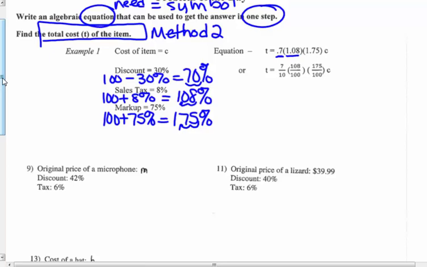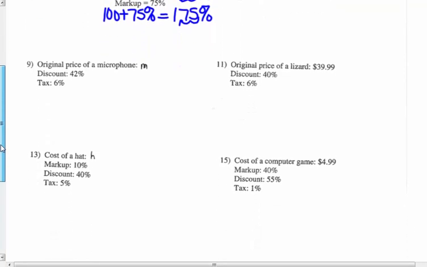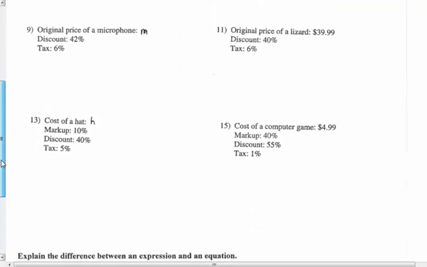You're going to pay tax $8 on that $100, and it was increased to not being $100, but being 175% of that, or $175. So it's increased by a markup, it's increased by a tax, but it's decreased by a discount. This is finding total, so you do have to do method 2, which is adding or subtracting the amount